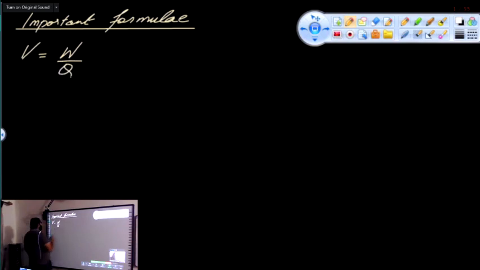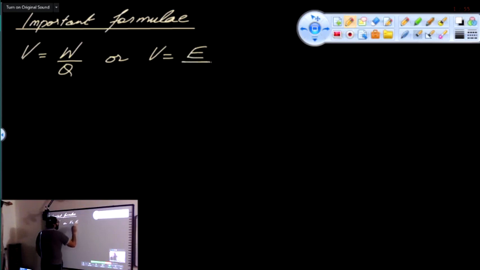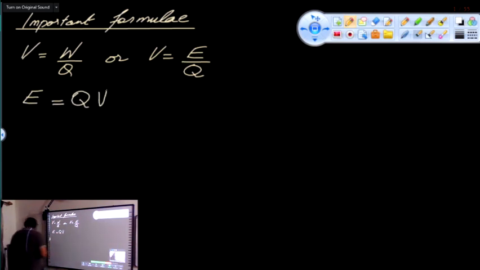And we can also write it as potential difference is energy over charge. So I'm talking about electrical energy. Now, as per that, I think I can write E is equal to QV. Now, in the next step, where